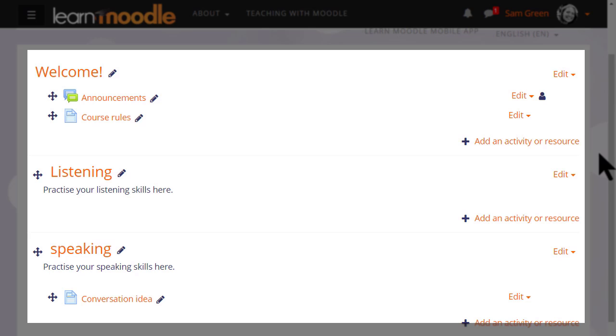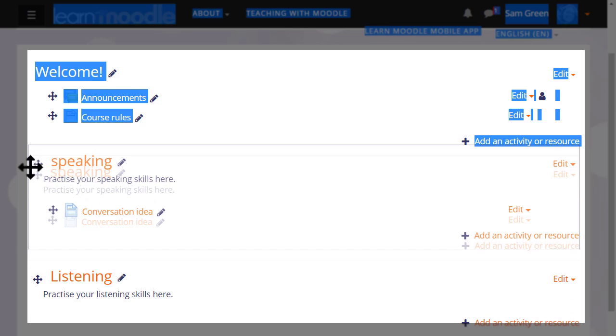The icon to the left of an item allows you to move it up or down by dragging and dropping. If you can't move items by dragging and dropping, then ask your site administrator to check your settings and the site settings. It's the same crosshairs icon to move a section, so here I am clicking to move Speaking up